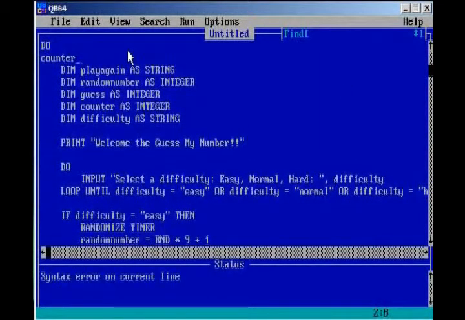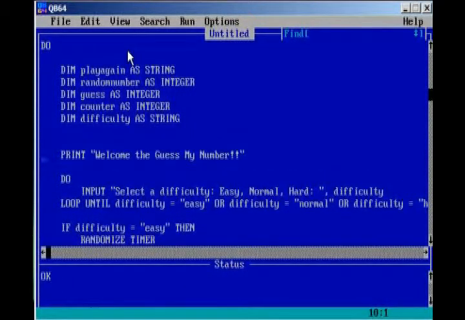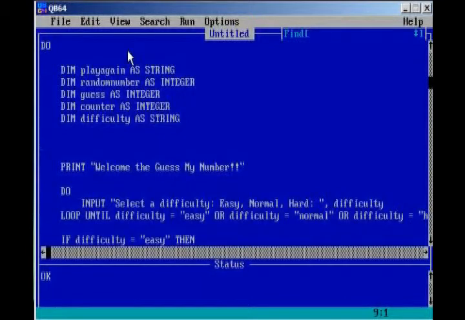So counter, actually no, let's put it before the declaration. So before we even do anything, we're going to have counter equals, misspelled that, equals 0. And so if we go ahead and run our program,